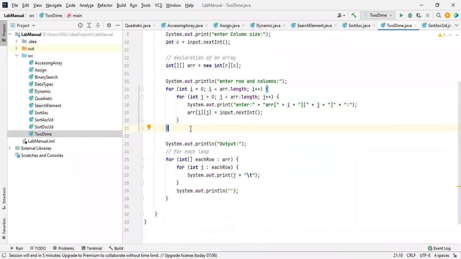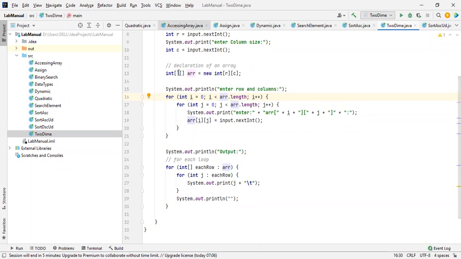If I want to give the input dynamically, it is essential to access row as well as column. That's why it is two-dimensional. We are going to take 2 for loops. So it starts with a 0, and the length should be an array length. What is the length of an array? We don't know. We'll get it at the time of declaration of a size. We are going to give the input, the row and columns. Based on that, dynamically, it is going to calculate the length. This is the right way to mention the size, I mean, the length of an array.